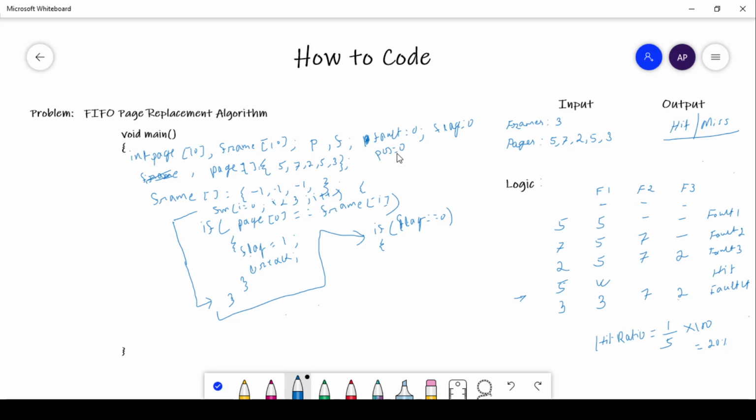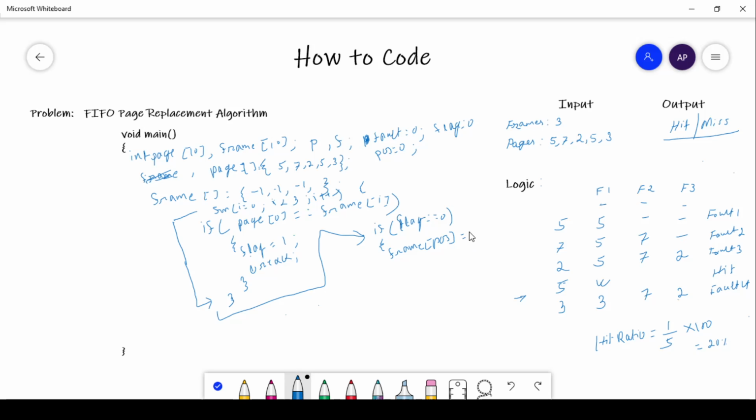That will denote the location of the frame array. Frame is the array, pos. Right now the starting location is 0, because at the beginning we have to start from the 0 location.